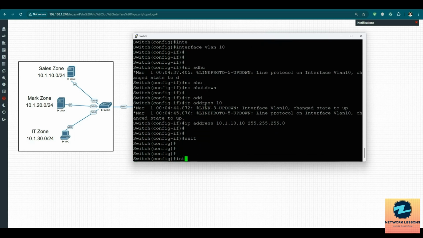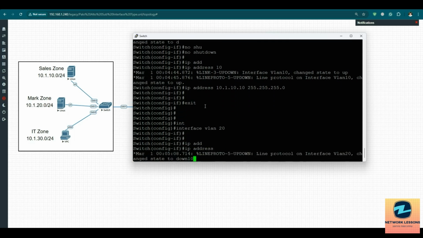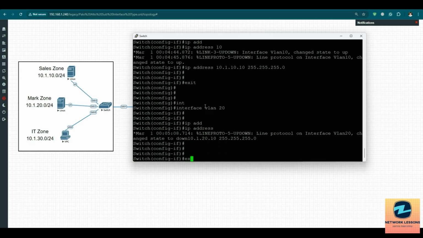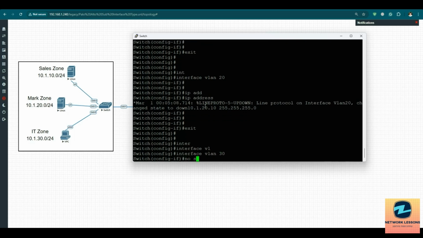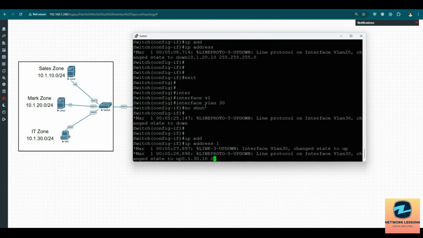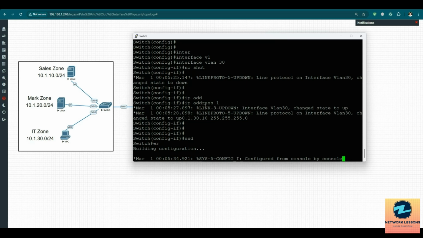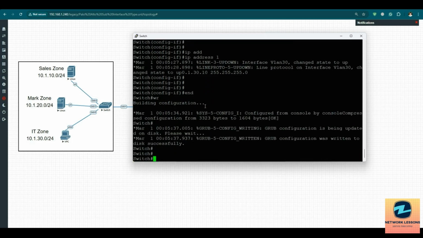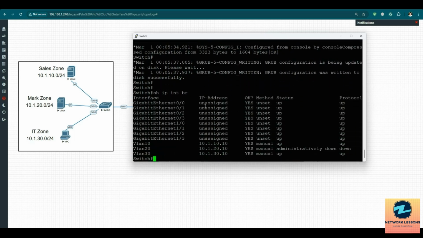So like that, I'll go to interface VLAN 20, and I'll say IP address 10.1.20.10, all right, and then the /24 subnet mask. Okay, exit. Then I have interface VLAN 30, no shut, and then I can say IP address 10.1.30.10 with the subnet mask of /24. Now I say end, right, and if I do a show IP interface brief here, I should see all these interfaces with the IP, and I see VLAN